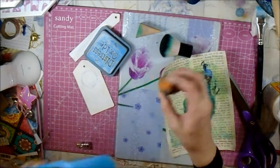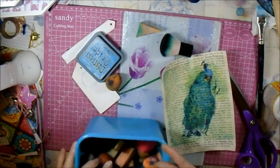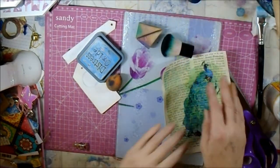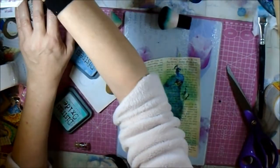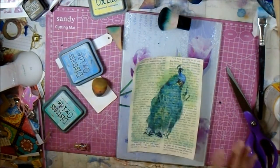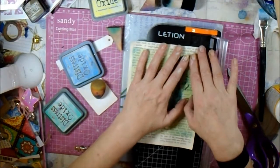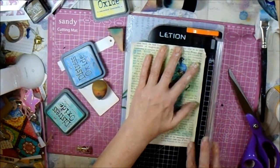But sorry, I'm just rummaging here for some different sponges. Actually, I'm going to want a lilac-y one as well. Because I'm going to trim this down a little bit, and I think I'll put some inks around the edges of the colours that we'd get from a beautiful peacock. So let's trim it to size first, because I don't want it this big. I want it as a journaling card, and a nice big one. But this is a bit too big, so